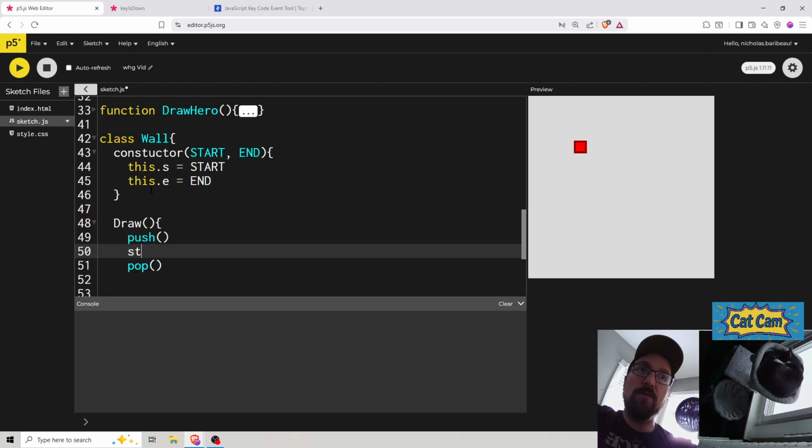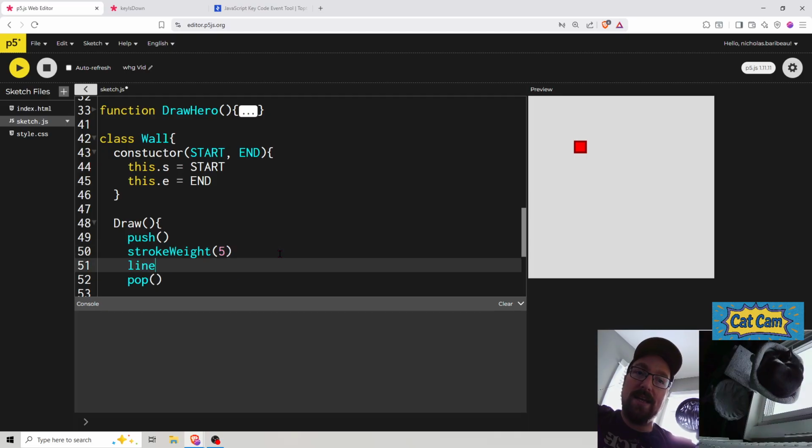And we're going to mess with the stroke color. That's going to be black. I actually think it's black by default, so maybe we won't change it, but we are going to need to change the stroke weight. I'm going to make it 5, maybe 6. Something like that. Let's make it 5. And then we're going to draw a line